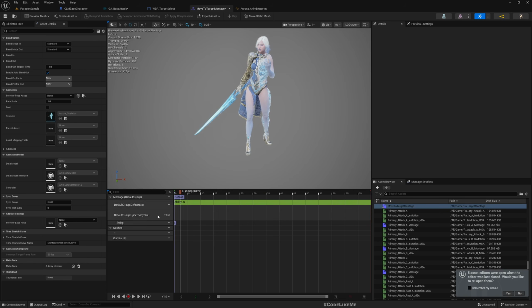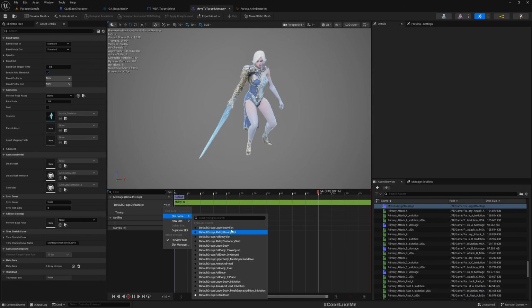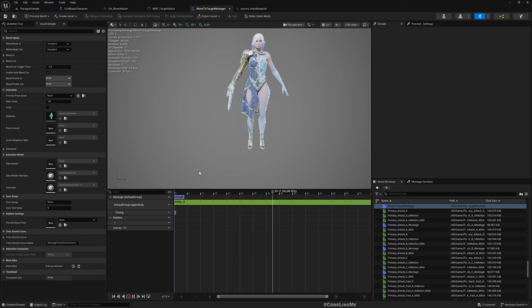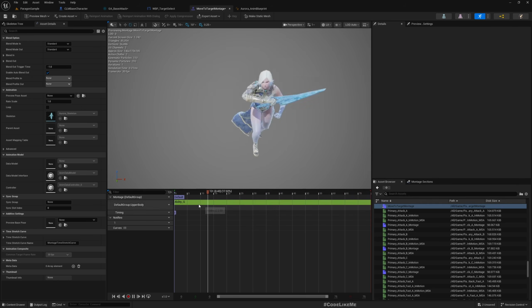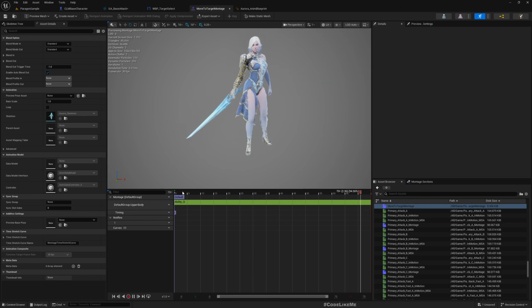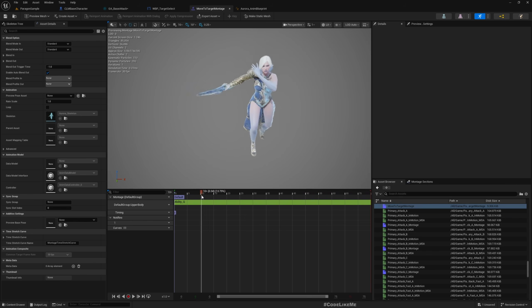Wait, there are two slots. Okay. This is the one we need to use. And this should work. Yeah. Now here we need to start movement maybe somewhere like this. Yeah. So here